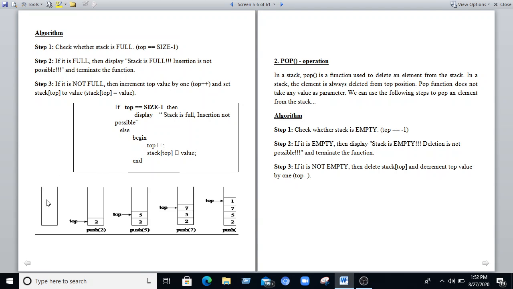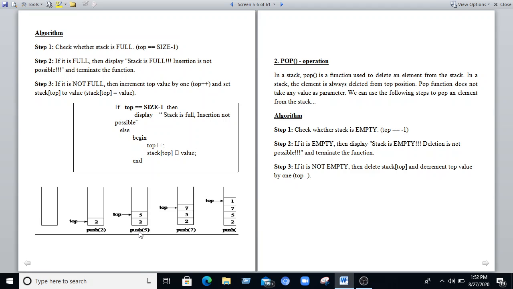Okay. For example, it is an empty stack. We are pushing the value 2 into the stack. Initially top is -1. Top is equal to -1. We are incrementing the top value, then only we can push the value. Top increments, top equal to -1 plus 1, top is equal to 0. Then only we can push the element.